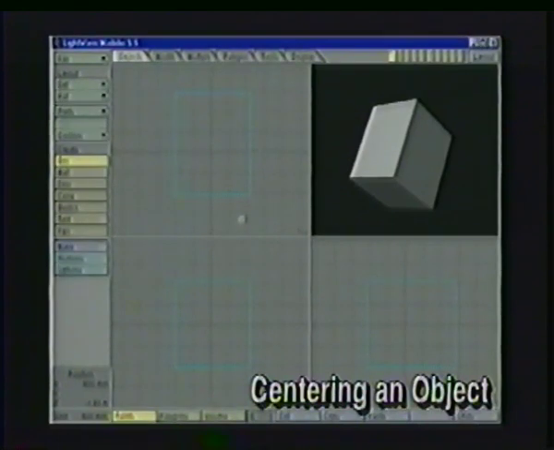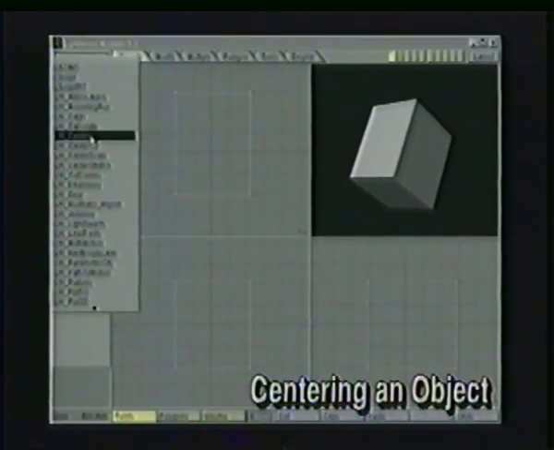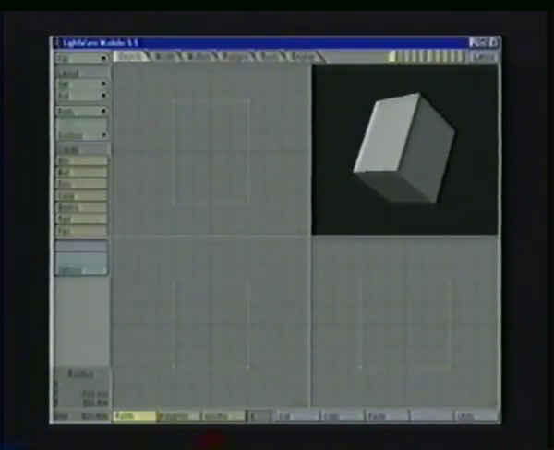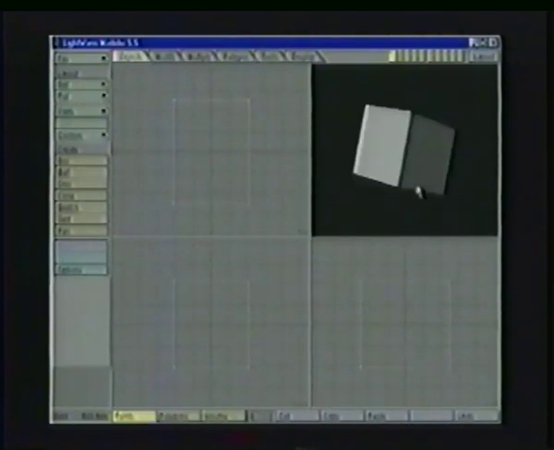Another little trick that I like to use is one of the plugins that comes with Lightwave. Under the Objects panel, there's a custom pop-up panel. And if I pop that up, one of my Lightwave plugins is called Center. By activating that, it will center the object on all 3 axes for me automatically. Now I know my object is completely centered, and you see as I rotate it around in the preview, it